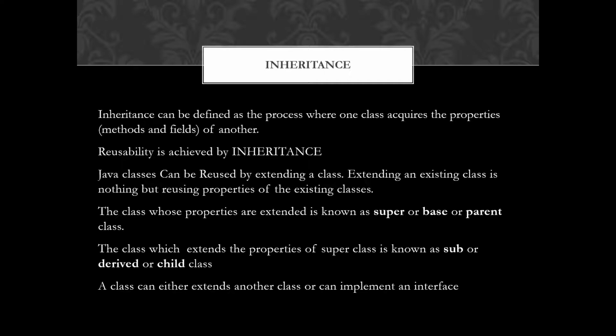Whenever you want to get the properties, you can get them by extending a class or by implementing an interface. We have a feature called an interface, but in this lecture we are not going to learn about it in detail. We will be learning about how a class can be extended, and in future classes we will learn what exactly an interface is and how it can be implemented. In future you will also learn the difference between a class and an interface.